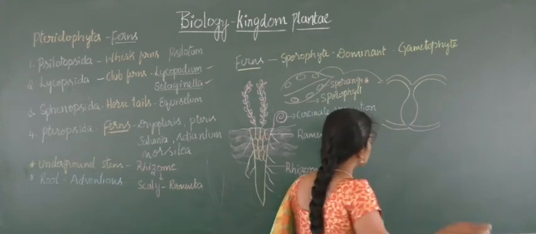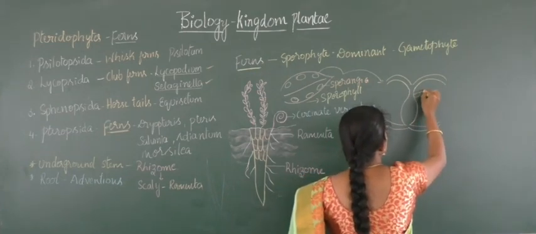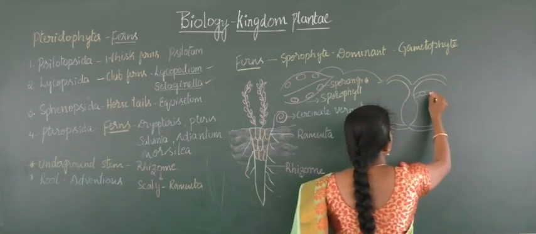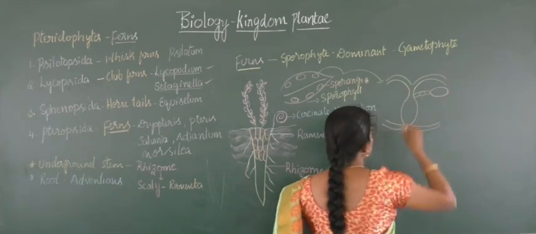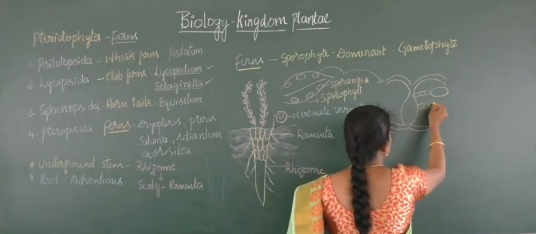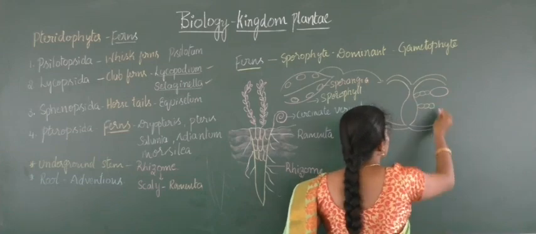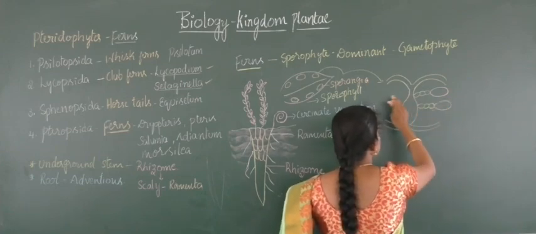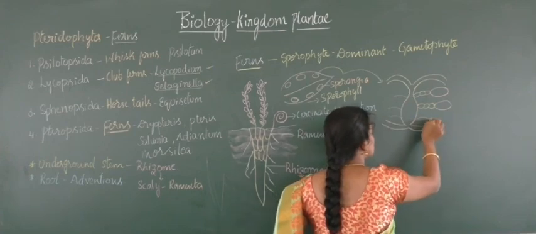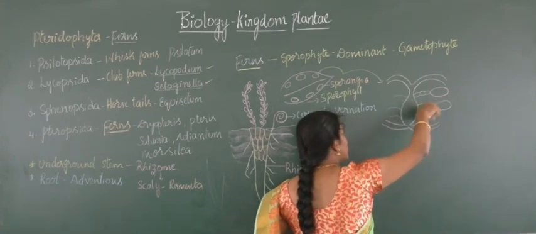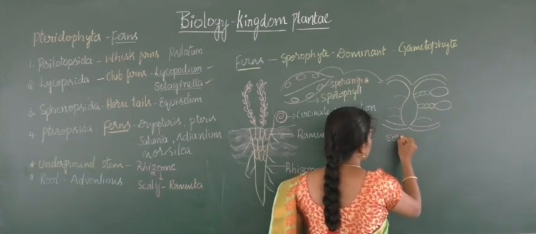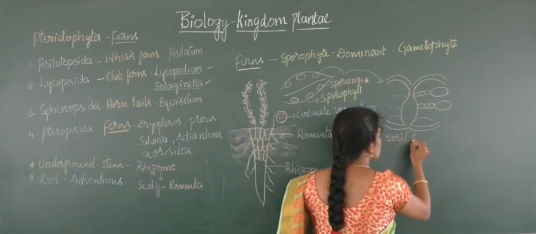See, I will write one side. These are the stalk structures and one single sporangium. This is one single sporangium. And again in the same way, these are the stalk-like structures and one single sporangium. In the same way, this side also there will be a stalk and the sporangium. A cluster or a group of these structures is said to be sori, or sorus.